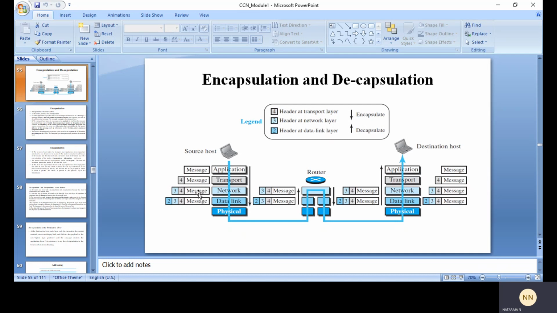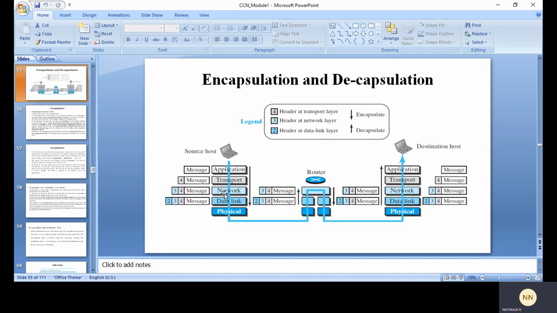Here the network layer takes the transport layer packet as data, or we can also call it the payload, and it adds its own header. That 3 is the header of the network layer. The header contains the address of the source and the destination host, some information used for error checking of the header, fragmentation information and so on. The resulting network layer packet we can call a datagram.